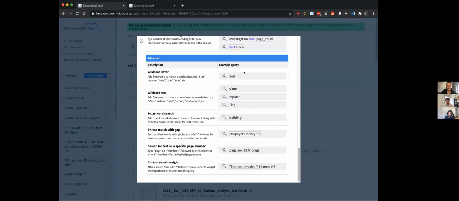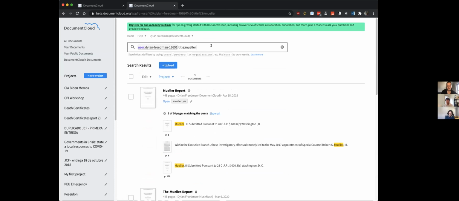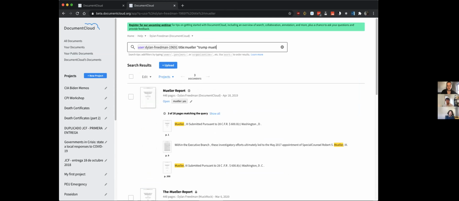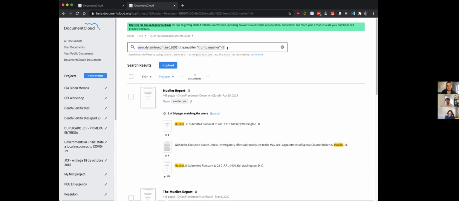Lastly, I just want to highlight some of these wildcard features. So I think this is where you can get some really advanced queries done. So let's say I want to search within a Mueller report-esque document that I own. And then I also want to search the words. Let's just make sure I get the syntax right. Let's say I want Trump and Mueller to be in the same sentence, separated by no more than 5 words. So I can use a little tilde syntax after a quote with the 2 words I'm interested in. And now,